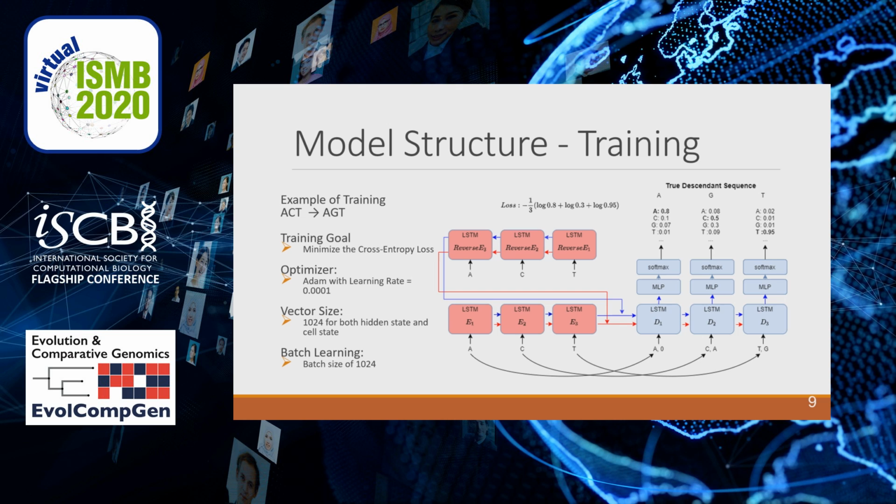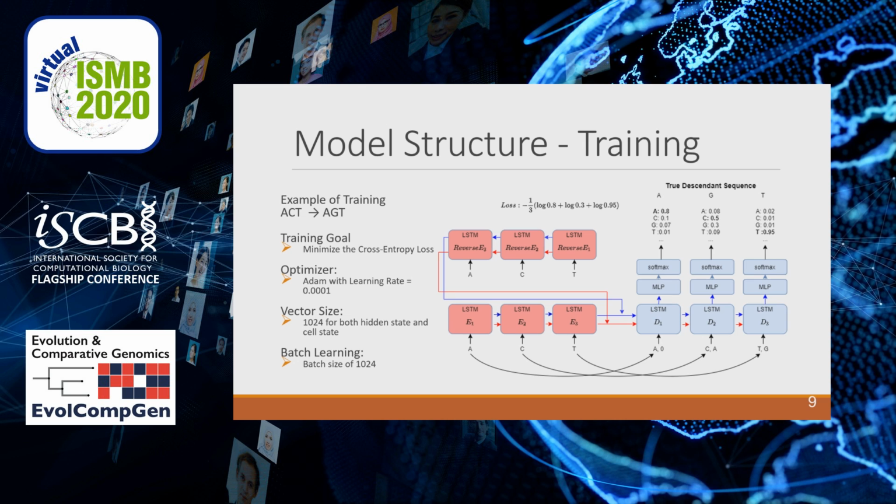It is composed of 2 LSTM networks receiving the same input ancestral k-mer, but passes the hidden state and the cell state vector in opposite directions. The last output hidden state, which is the red arrow, and the cell state, which is the blue arrow, are passed to the decoder network. Each cell state and hidden state is captured using a vector of size 1024, which captures context information that will